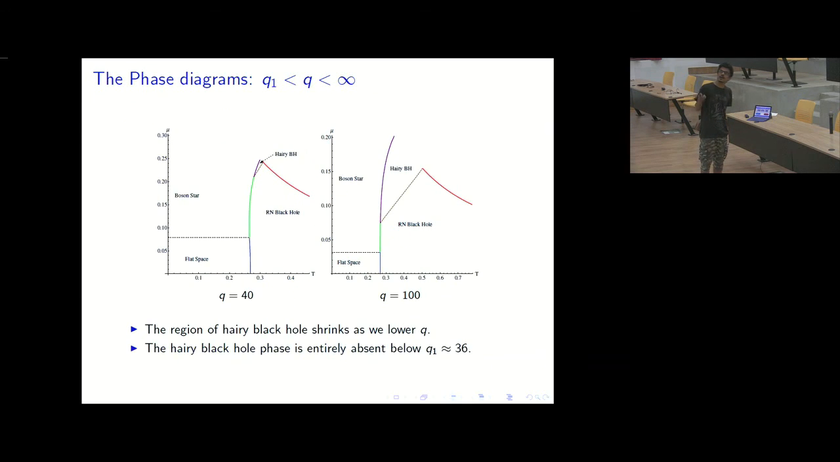So these are for Q equals 40 and Q equals 100. You can see that these are the exact plots, which is why we don't have the result for what happens in this region. So around here, the entire region above this will be boson star. Also one can see that as Q decreases, this hairy black hole instability curve is curving upwards. And around Q equals 40, the region in which the hairy black hole can exist is already very small. And below Q1, which is around 36, you'll see that this will transit to the